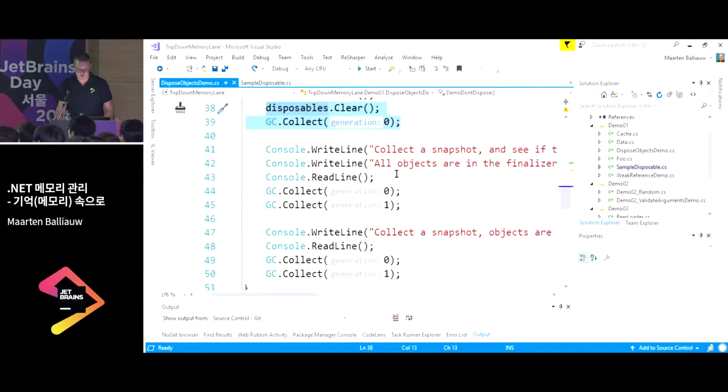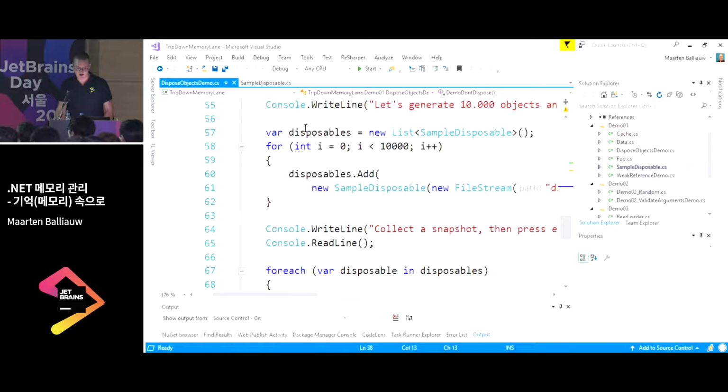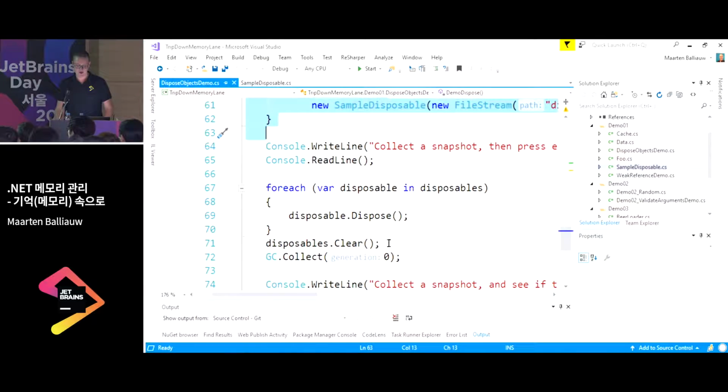In my demo itself, what I did, again, I create a list of 10,000 of those objects. But before clearing my list, I call dispose on every object that I have in there. So I could also write a using statement and call dispose like this, but this was easier for the demo. So I call dispose, I call clear on my list, and then I force a garbage collection again. When I do that, I expect again that all the objects are removed from memory, and we can indeed see